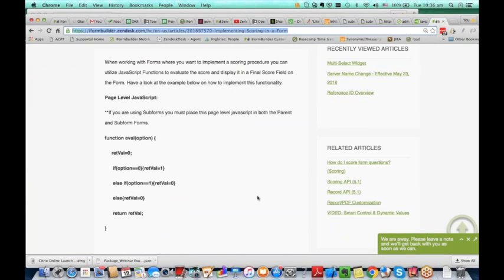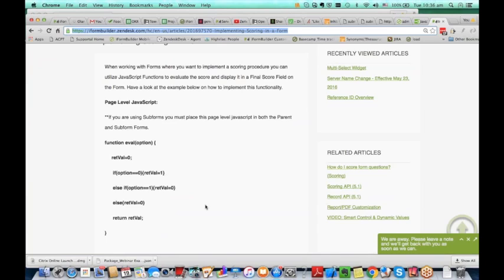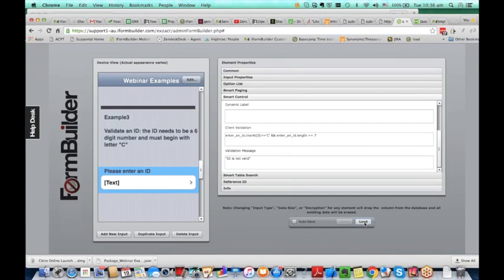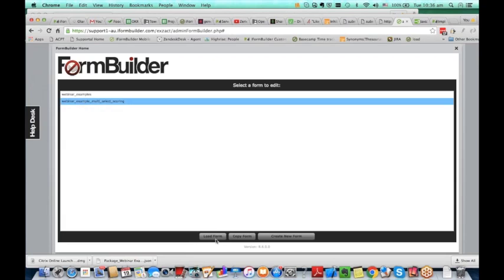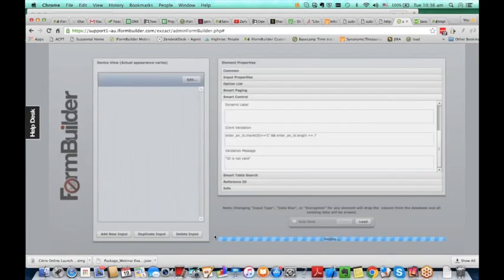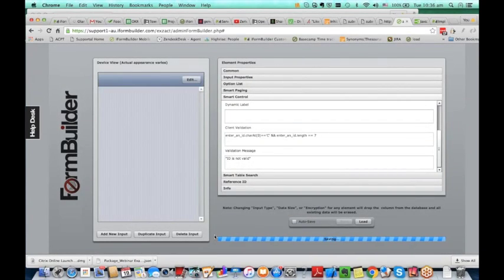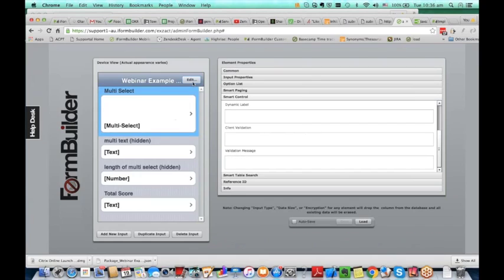But this one only applies for single option widget. And what if you want to score multi-select widget? And today I'm going to show you how to do that. So to achieve that, we need to use the split function again. And this